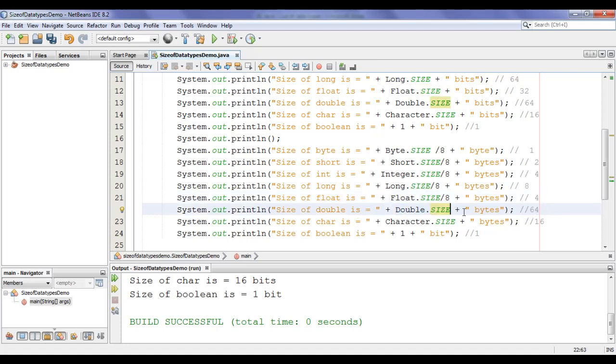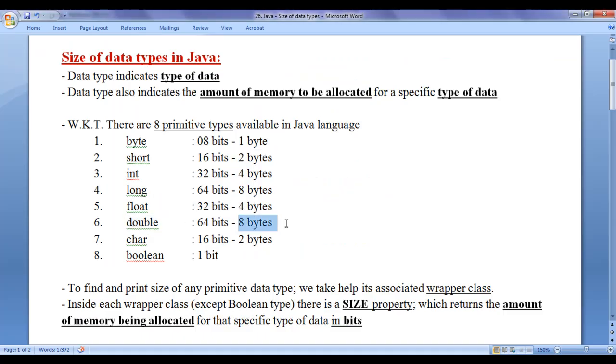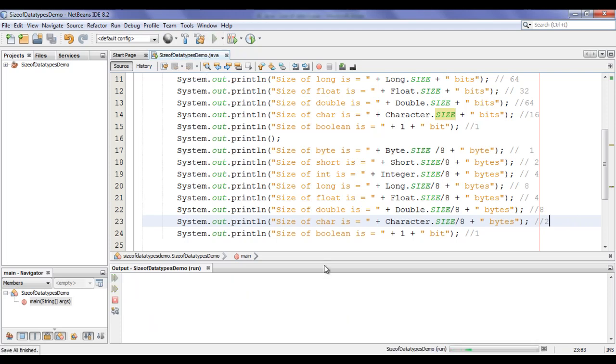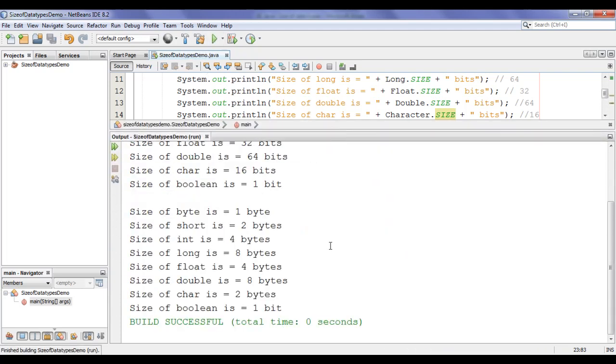Double.SIZE divided by 8. Double.SIZE returning 64 divided by 8. Definitely we will get here 8. And you can see that double is of 8 bytes. Character.SIZE divided by 8. Character.SIZE is 16 divided by 8. Definitely we will get here 2. If I say run the project, you can see that we have successfully displayed size of each primitive data type